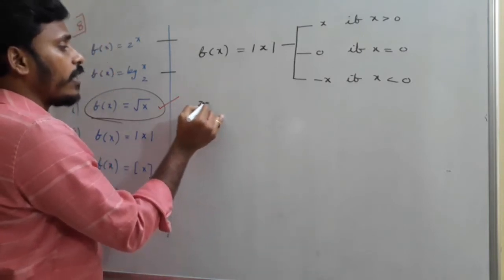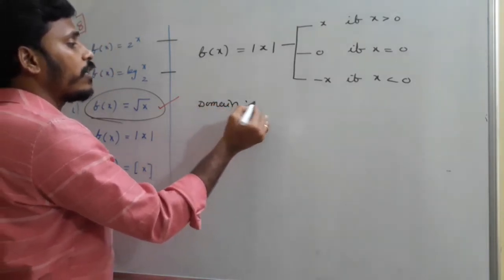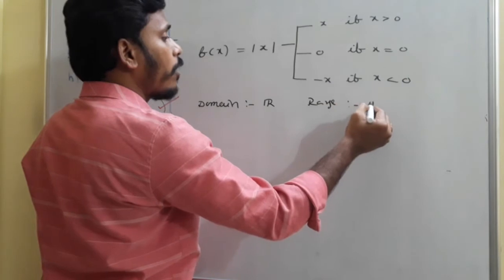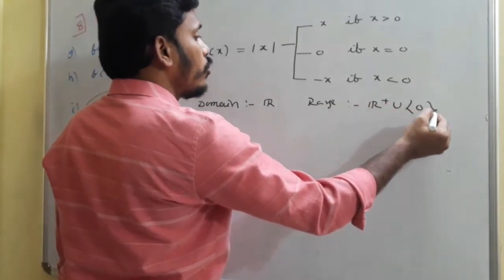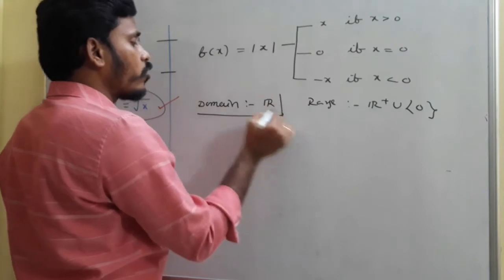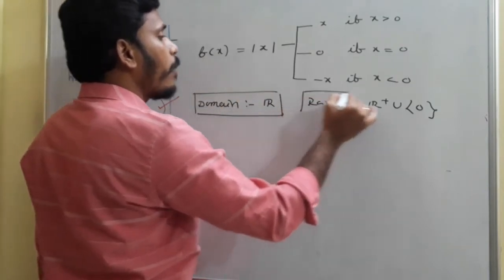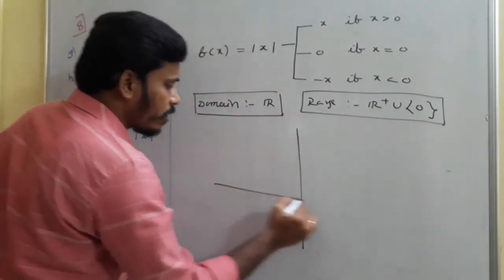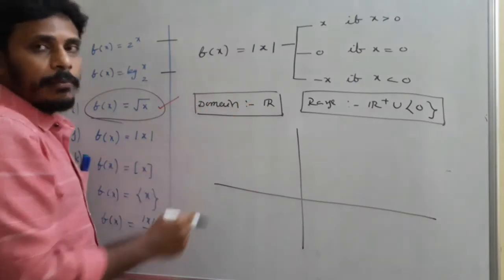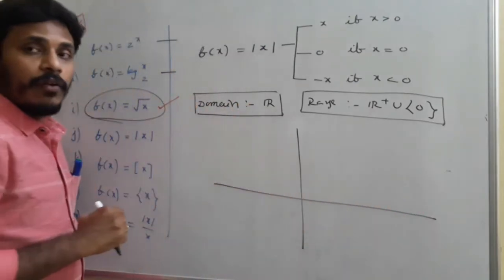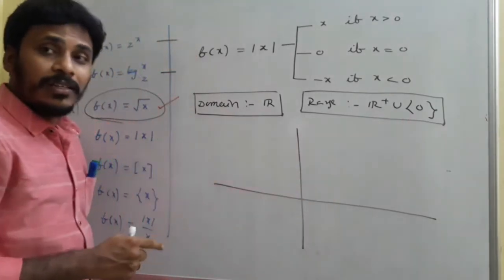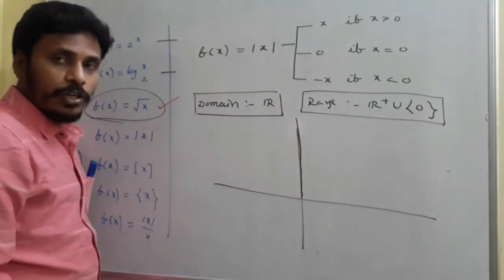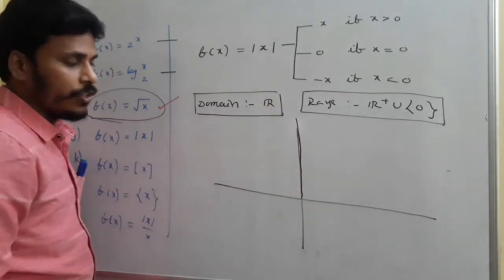So in this case we say the domain as well as the range. The domain for modulus of x is R, and the range is R plus union 0. You take any real number in the place of x, but you will always get a positive real number or 0 for y. When you sketch the graph, you just think about it. See, the domain is real numbers, so x may be any real number. The range is positive reals union 0, in the sense that the y value is positive. So since y is positive, the graph completely lies in the positive region of y. We don't get a graph in the negative region.